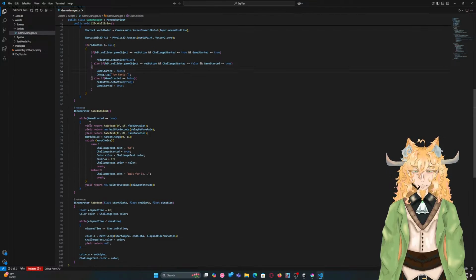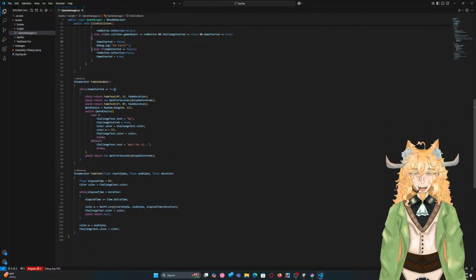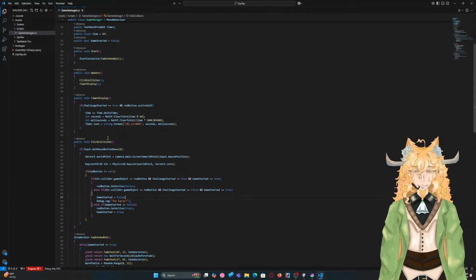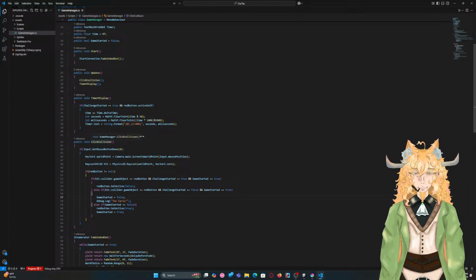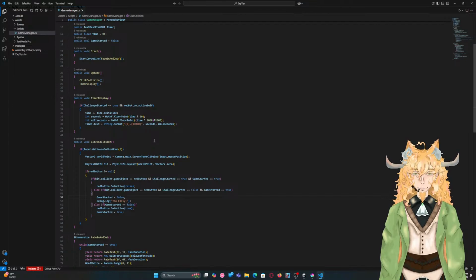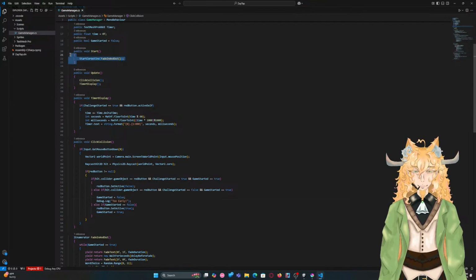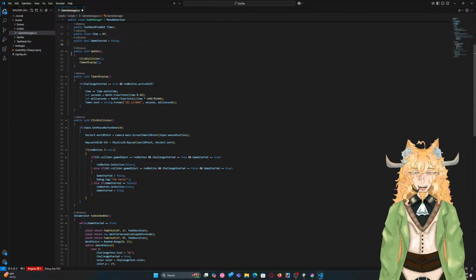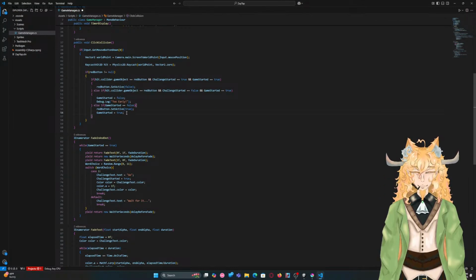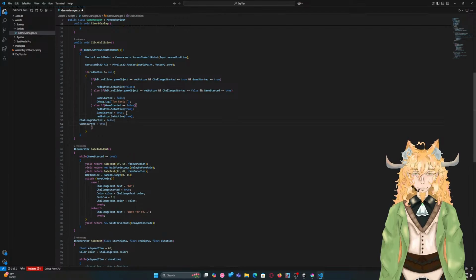Because I have this that says while the game started is true. I'm going to have to update that, aren't I? I don't want to start multiple coroutines, but I can't start it in. So here's what I'm going to do. Delete that. If game is not started, game then is started, and then, whoops,